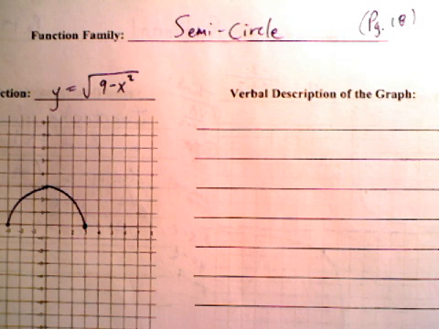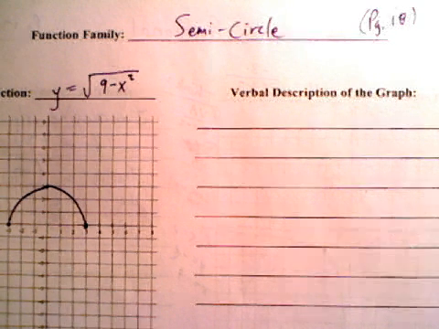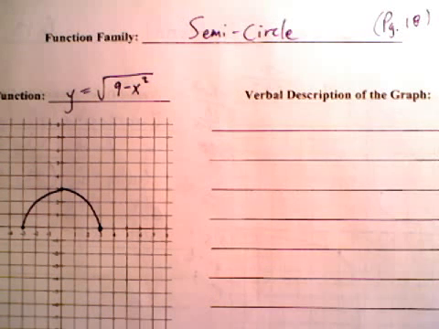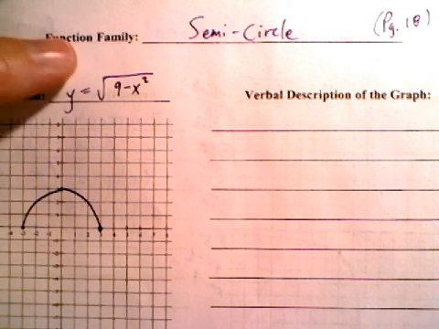These videos are taking me longer than I thought they would, so I'm going to try a different approach. I'm going to start with them already filled out, and so you can fill yours out. Semicircle function family is, here we are on page 18, and the parent function y equals the square root of